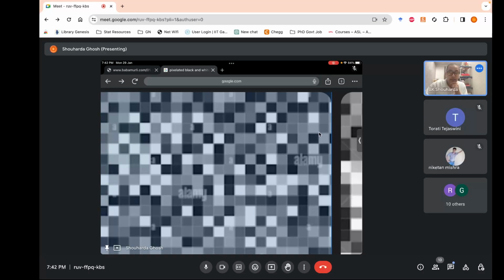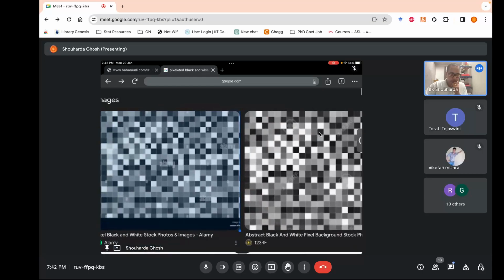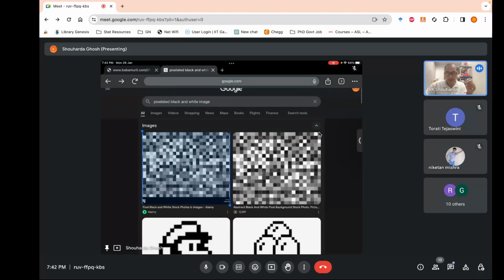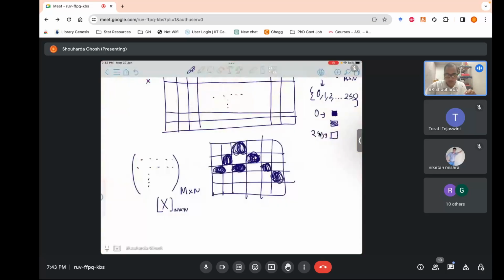A very deep gray may be around 200, 190. A very light gray, okay, just near the whites, may be around 10, 30, 40, something like that. So depending on the value of the matrix element, you have the brightness of the pixel. That was our pixel grayscale image. Now what happens in color images? Now I can explain you with my tab as well.